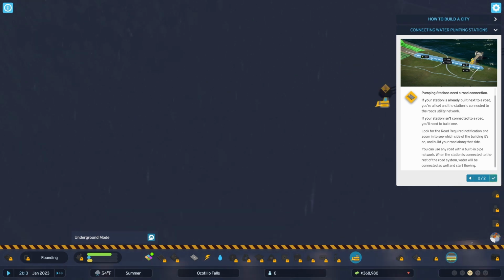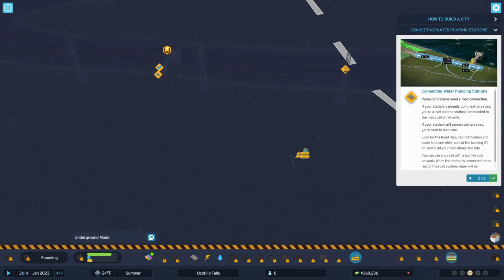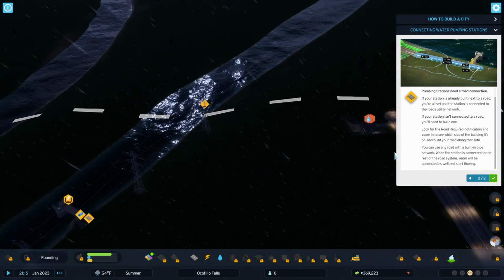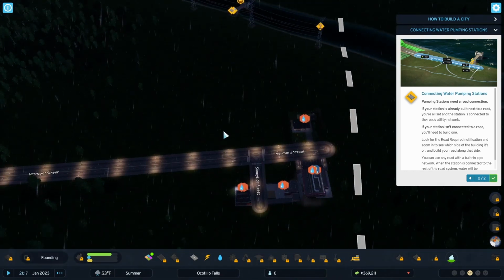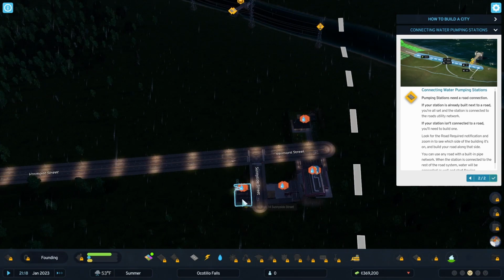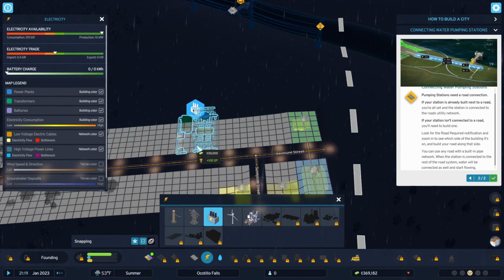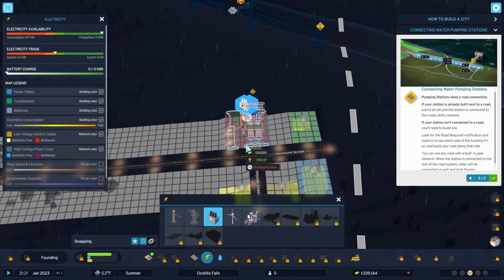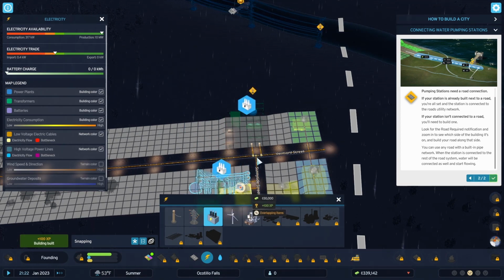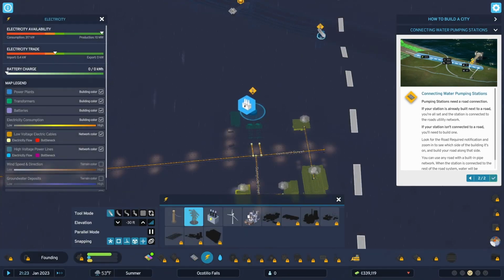Oh, I needed to go to the underground mode. Okay. Uh-oh. My electricity. Why? Wait a minute, I had one. Well, now I have no electricity. I just put one here, though. Oh, you know what? Maybe it was because I had accidentally...